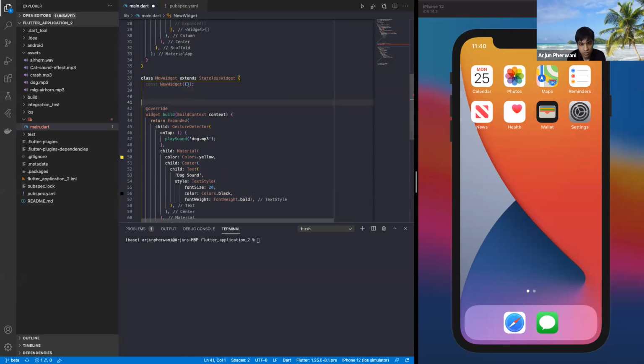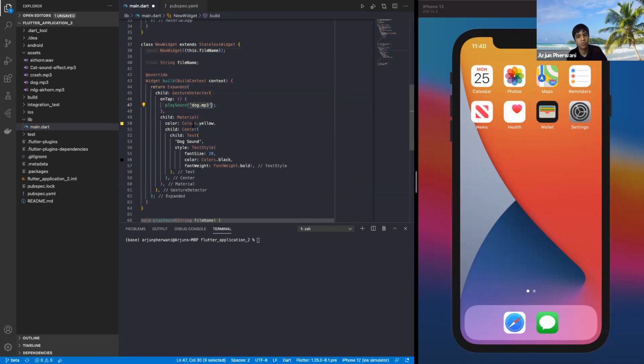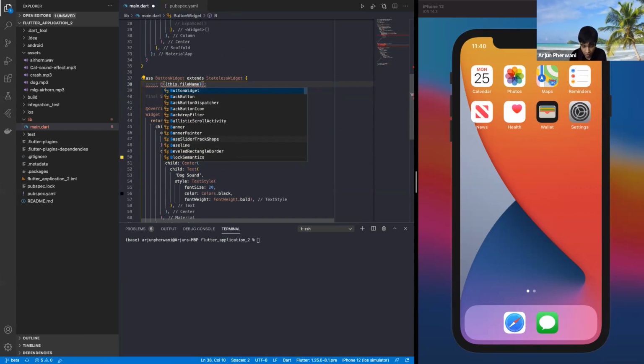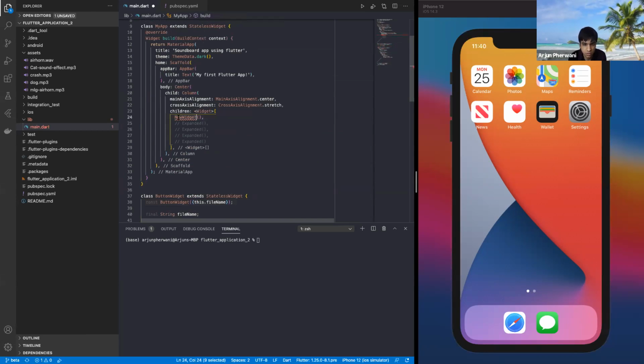Okay. So what I want the string name, or the file name, to be. I want it to be instantiated so that people can call it when they get it. Also, I'm going to call this button widget. This is something that I made in the original repo. And we're going to tell it the file name. File name is going to be .head